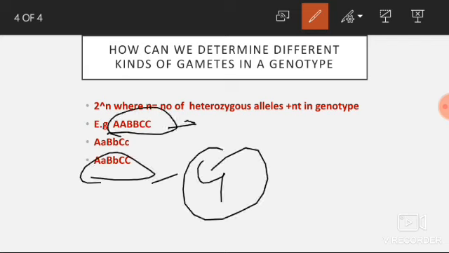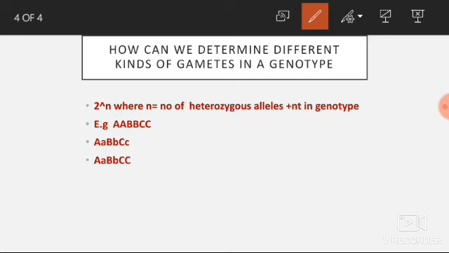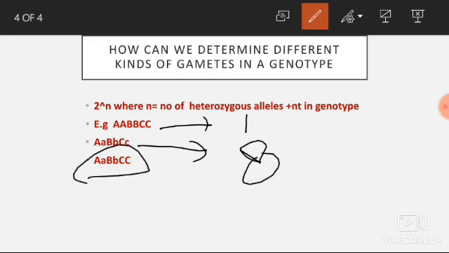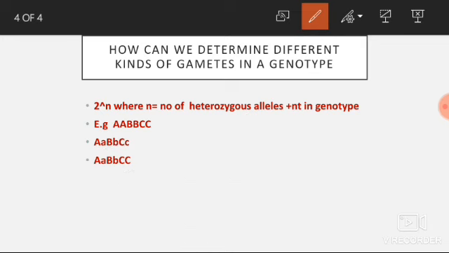In the first case, when all the genes are in homozygous condition, then one gamete is formed. In the second case, when all the genes are in heterozygous condition, then 8 gametes will be formed. And in this condition, when 2 are in heterozygous condition and 1 in homozygous, then 4 gametes will be formed. It can be explained in another way also, but the easiest way is by using this formula,